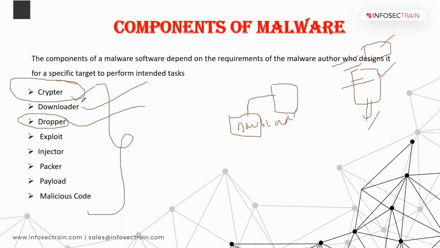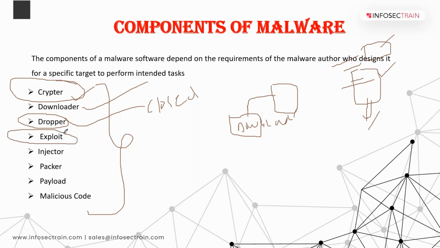And the dropper is there. What is meant by dropper? It is a covert carrier, meaning a closed carrier of malware. Attackers need to first install the malware program or code on the system in order to execute the dropper. Once you enter the particular system by using malware, then you can install the dropper. It can transport malware code and execute the malware code on a target system without being detected by the antivirus solutions. So that is the dropper.